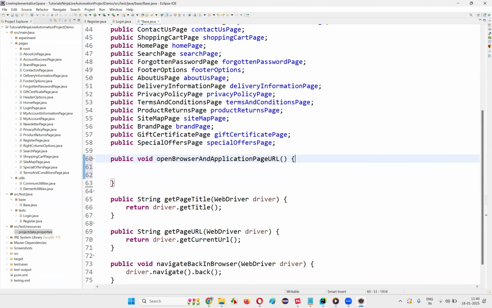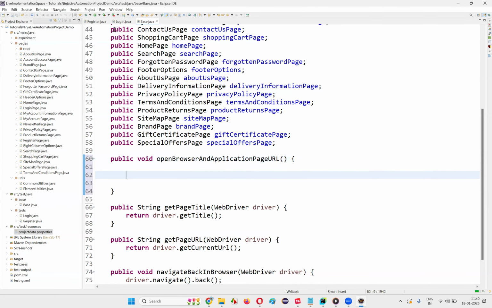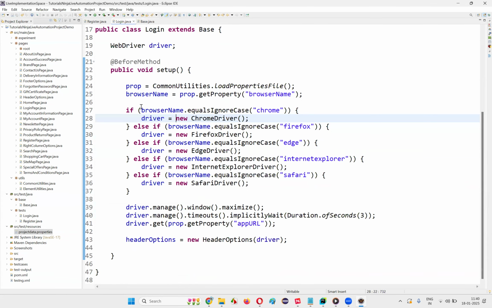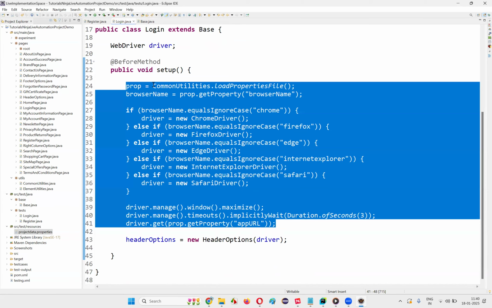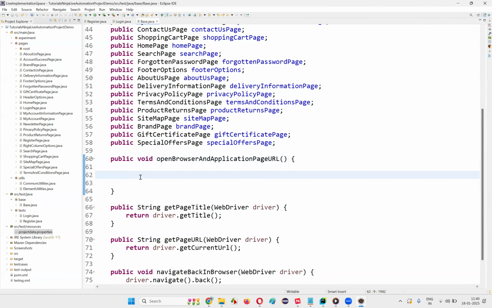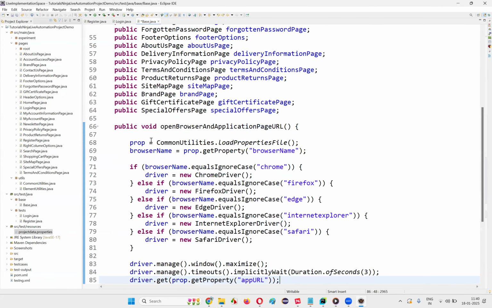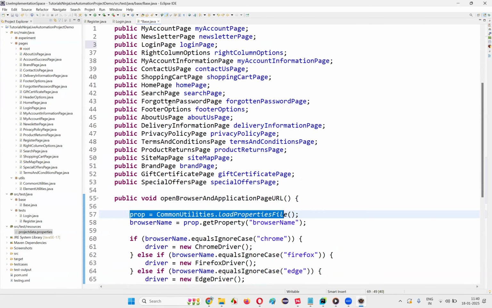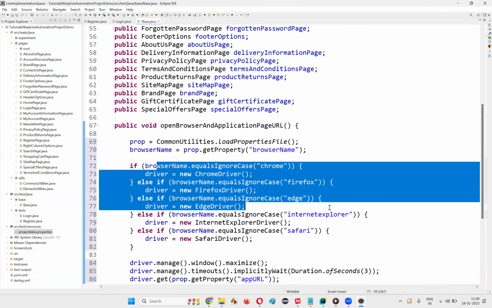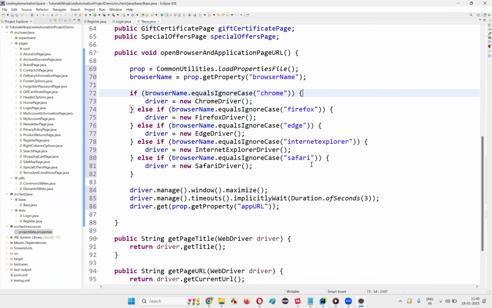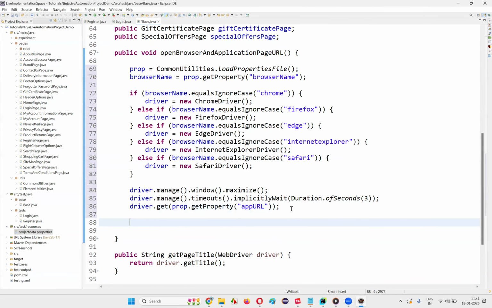Okay. Here I'll do one thing. I'll just go here and copy all this stuff, till here I'll copy, and here in the base I'll paste it. Okay, properties is already there, then browser name is called prop.get property, browser name. Then driver.manage.window.maximize, driver.manage.timeouts.implicitlyWait, driver.get property, app URL, everything is there, and simply I'll say